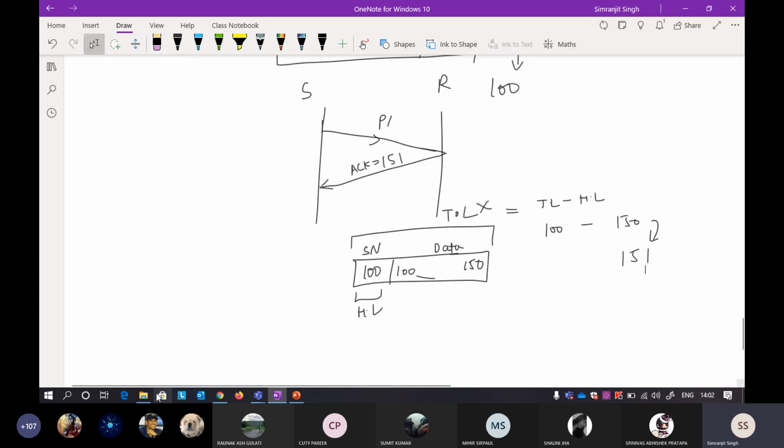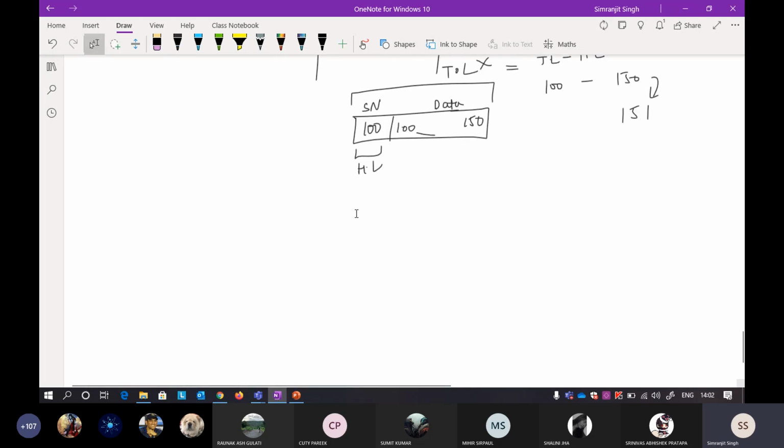So what to do? Okay, so now understand this point. From the transport layer, the segment is given to the network layer. In the network layer, there is an IP header, and in the IP header there is something called a total length field. So we employ the IP header here.